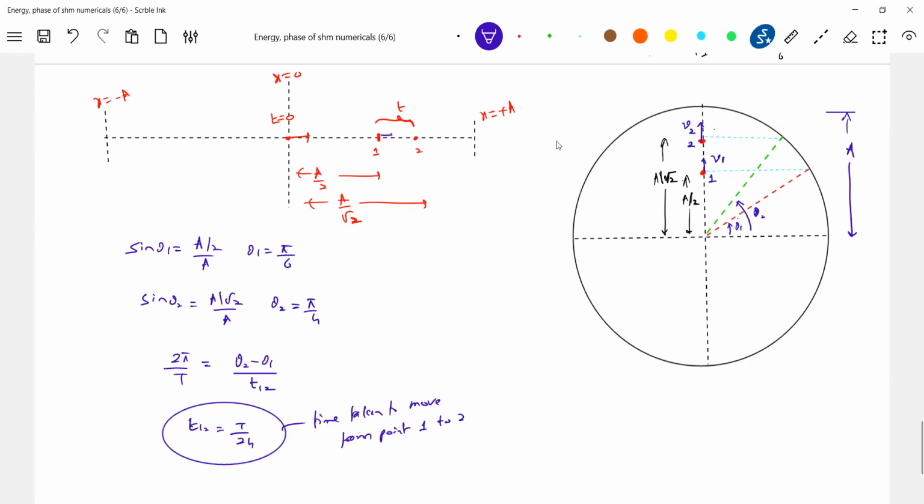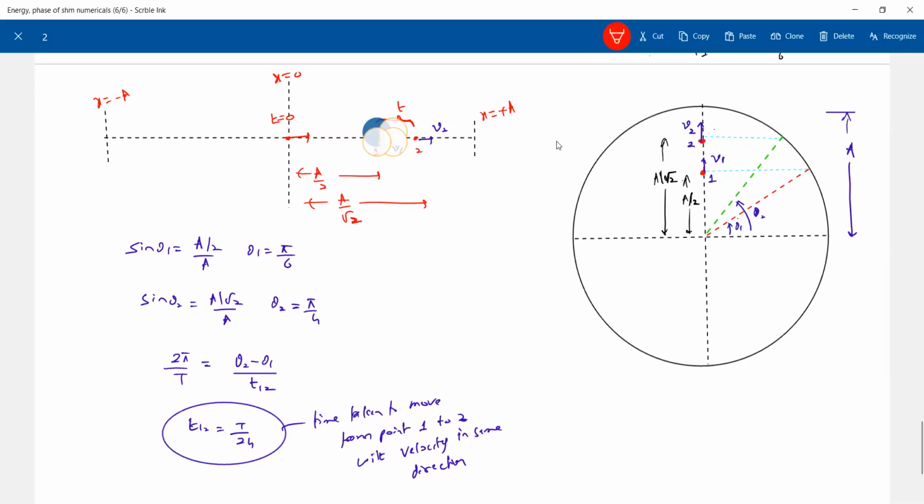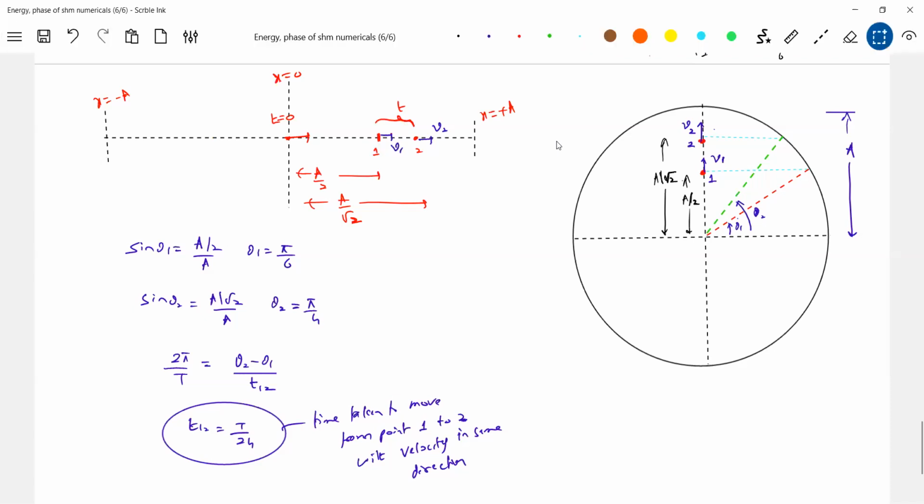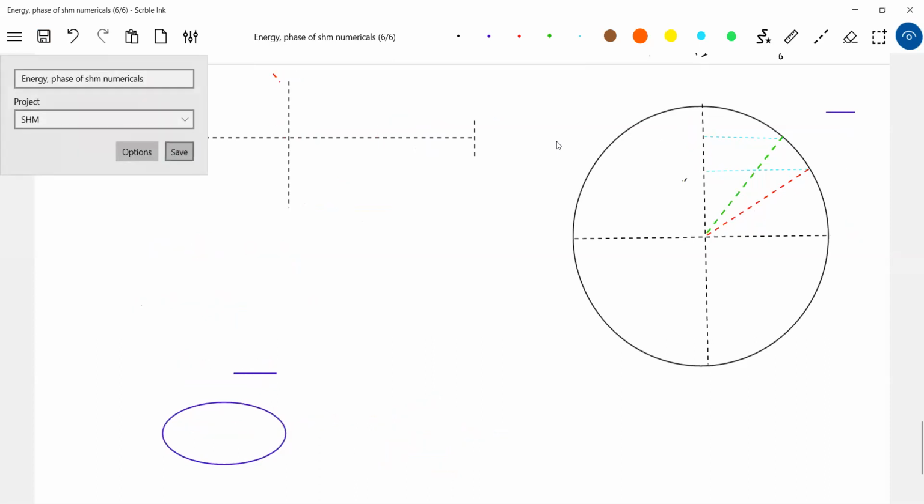How the velocity should be in the same direction with velocity. So getting the idea, no? Somehow I think we are in a far better position now to calculate the time. Can we calculate the time taken to move from 1 to somewhere here? Yes. You just rotate this particular thing. From anywhere to anywhere, let it move, we can calculate the time. This is about the phase we brought in.